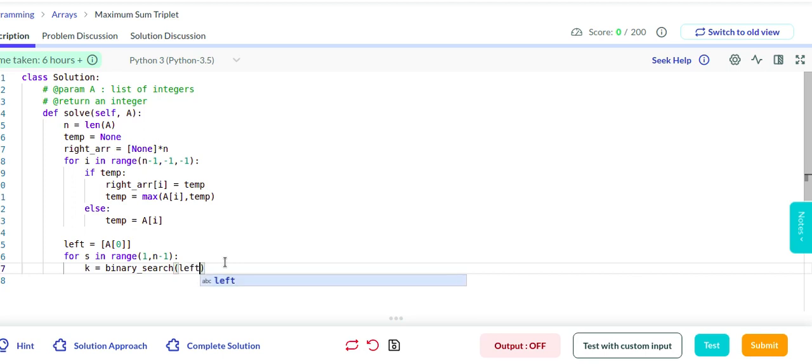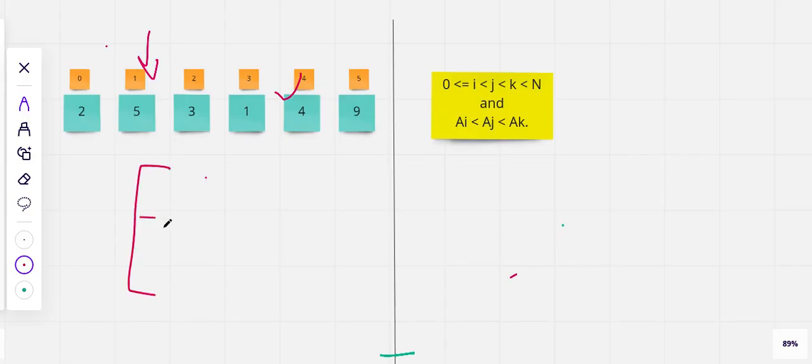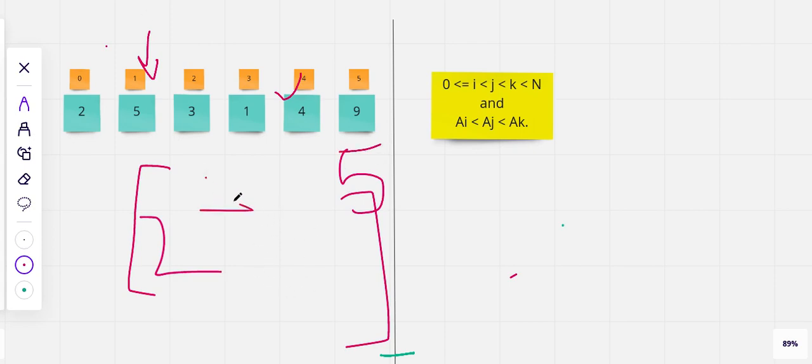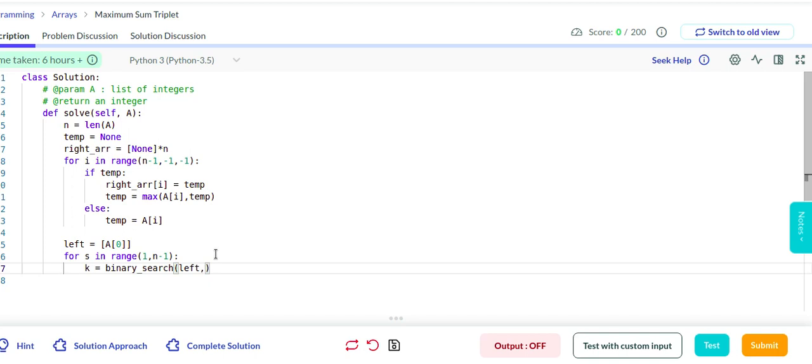Then we'll pass it the array that we are looking at, that is the left array. The left array we have, and where can I place 5 into it so that this left array remains sorted. So this function is going to return me the position where I can place this second element, so that if I insert it at this position, the left array is going to remain sorted and I can perform binary search into it again. Okay, and then if it returns k is equal to 0, then what do I do?